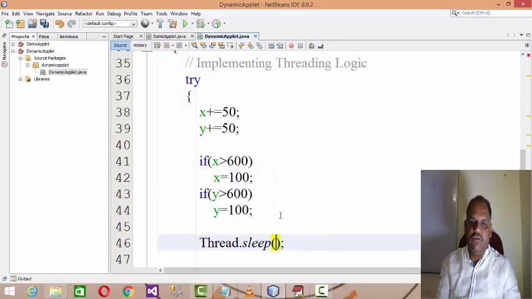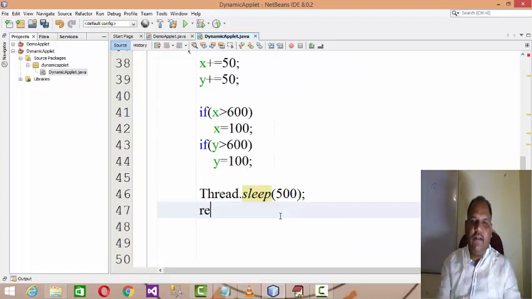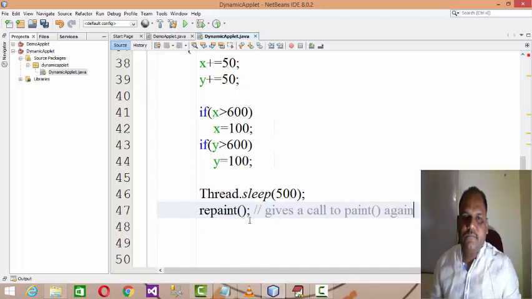And how many milliseconds do you want to sleep that thread? That is 500. And then with these updated values, you have to repaint. Repaint gives a call to paint again, and that is repaint, right?